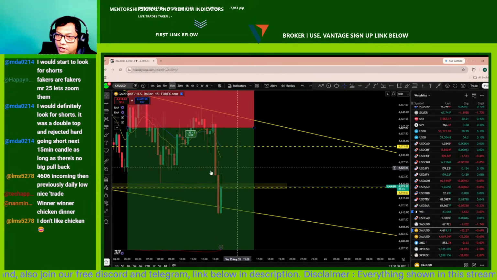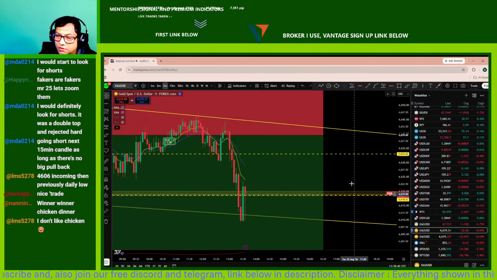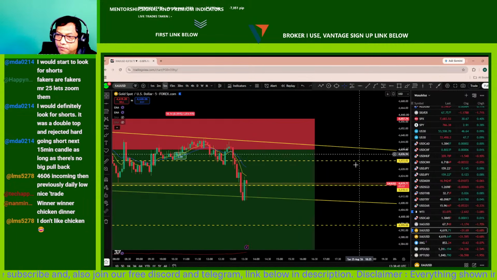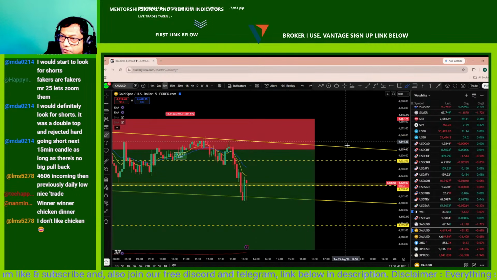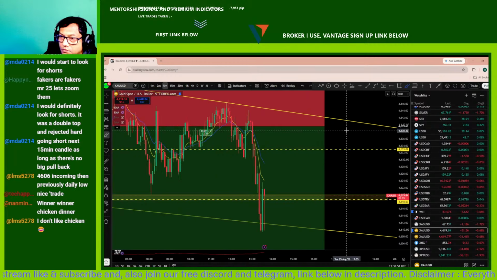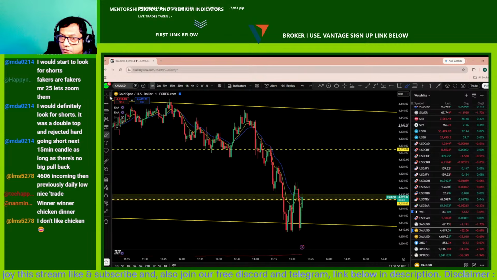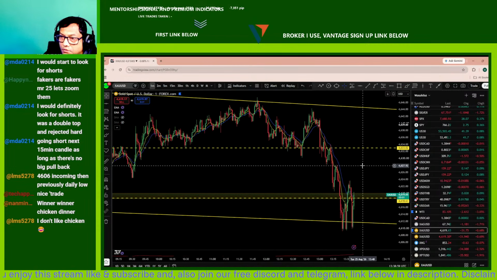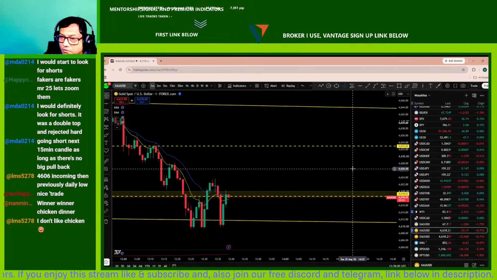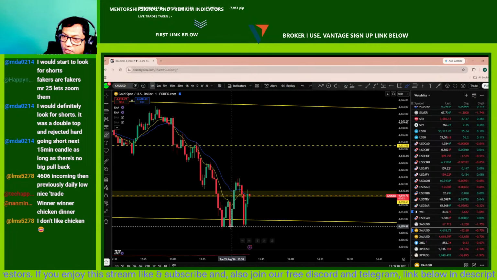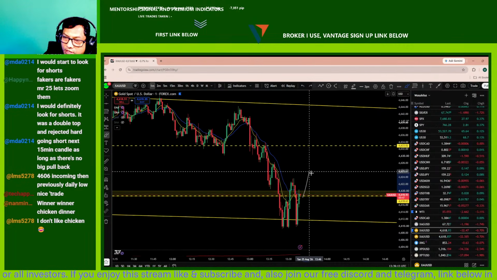So off this level, if you look at the overall market, from this support we are getting that rejection here along this area, and you could see the price action trying to bounce off that. If you look at it, there is a triple bottom, and off the triple bottom the market tends to maintain its